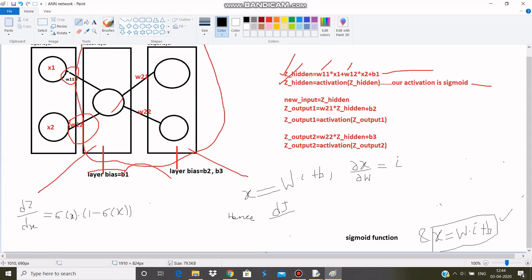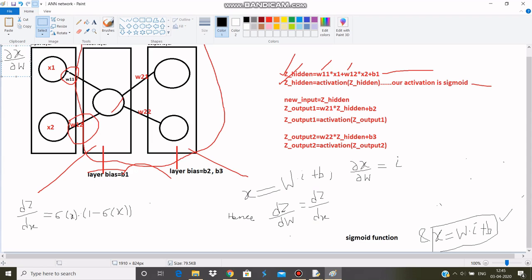Thus what we need to find is dj by dw. One might find this awkward, that why am I using dj in place of dz. Previously also I have used dj in place of dz, and now I have made it equal to dz. Actually j is the standard notation for cost function, and since here we are dealing with the cost function, that's why we have used it. Anyway, dz by dw is equal to dz by dx